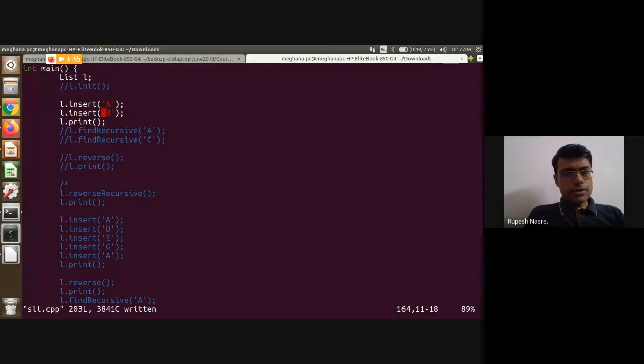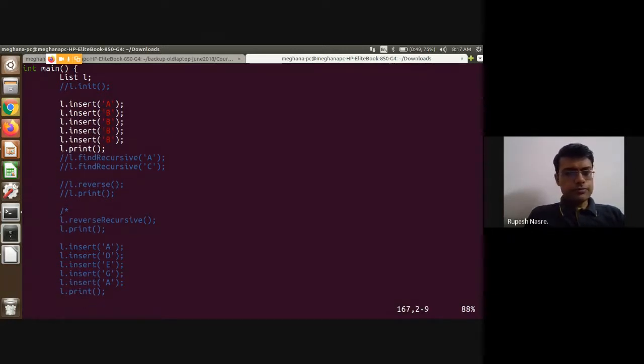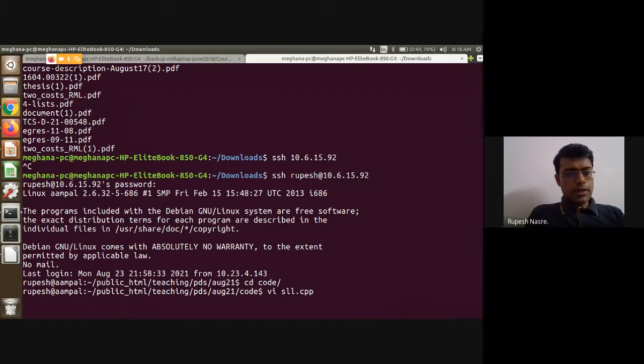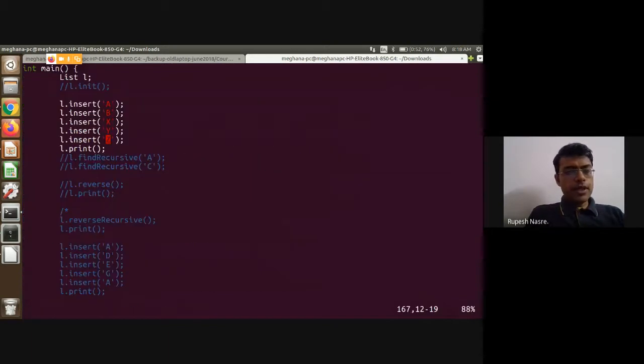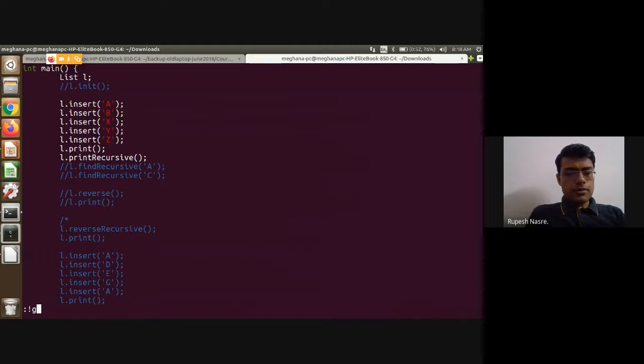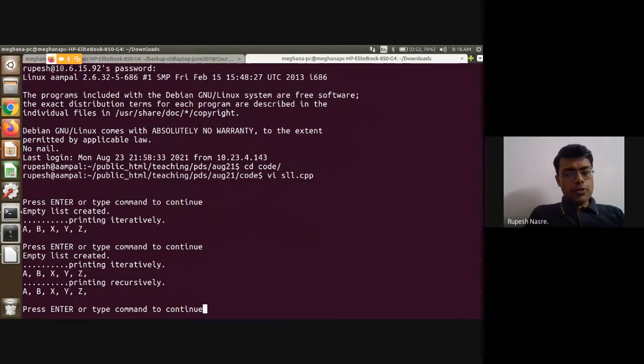Maybe I'll insert a couple more. Maybe X, Y, and Z. Right? And then I compile it, and I expect that it prints in the same order. It is printing iteratively. And now if I try to print recursive, then it also prints in the same manner.